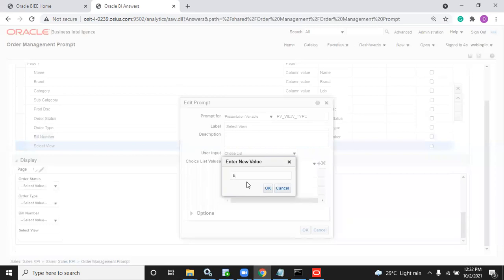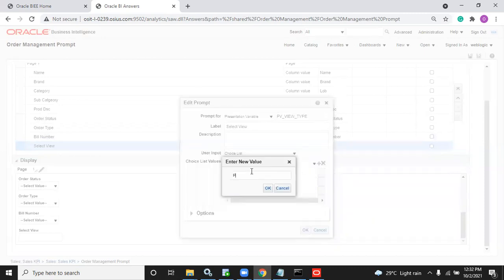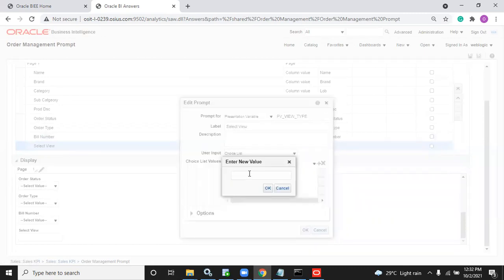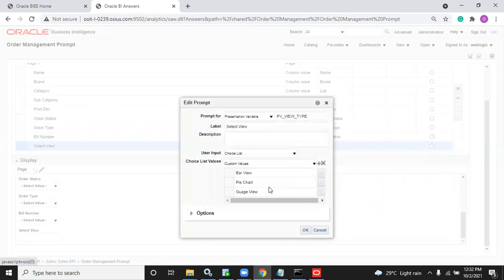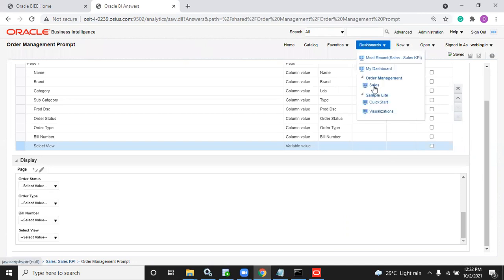Bar. I'm not sure the Gauge spelling is correct, but no problem. We will correct it.